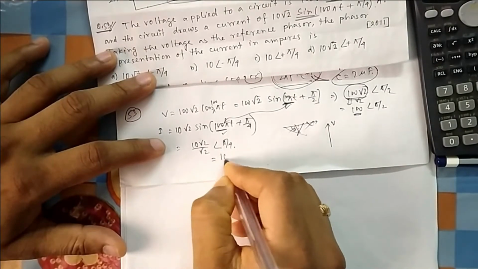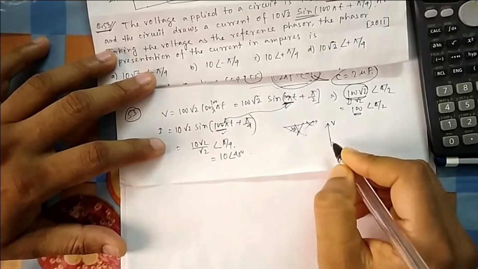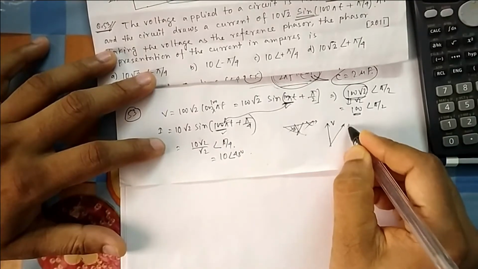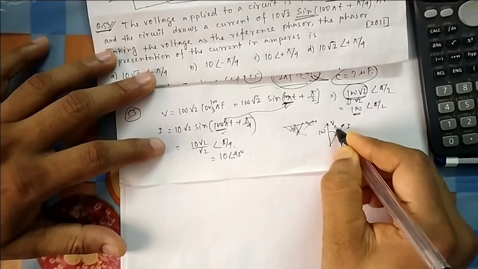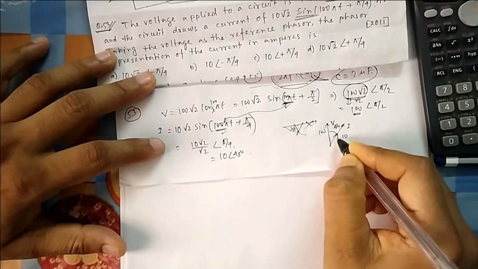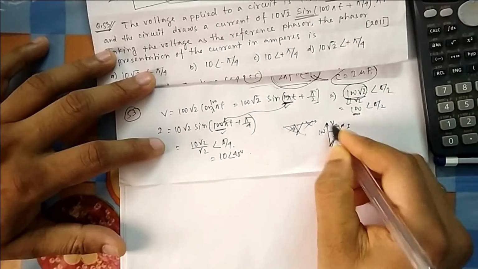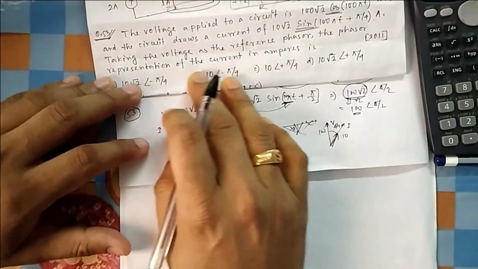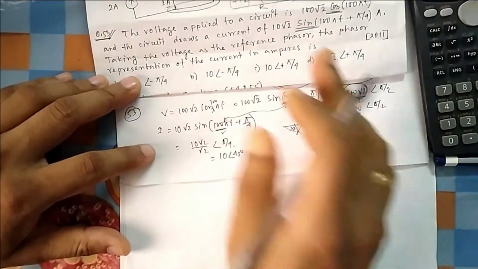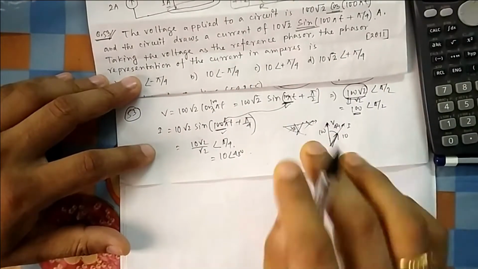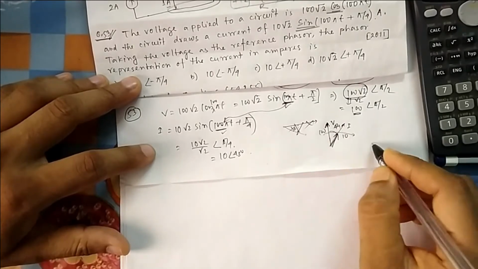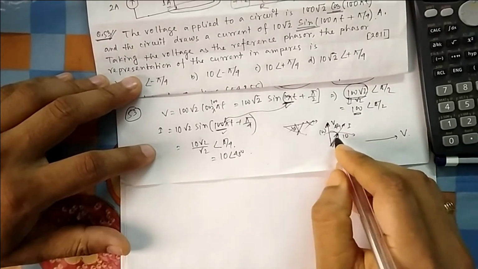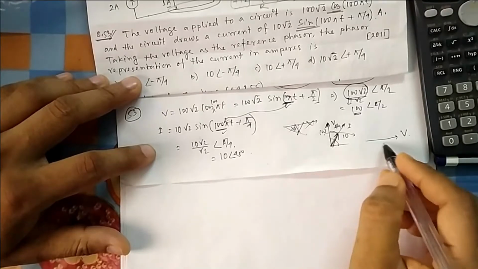So it is at 45 degree. Your I is here. It is 100, this magnitude, it should be small obviously, and the angle is pi by 4. So this is 10 suppose, and this is 100. But they are asking the phasor representation of the current, taking voltage as a reference phase. So here reference means it should come to 0. That means your voltage should come to 0. So you will bring this voltage to a 0 level. That means this angle you changed to 0.